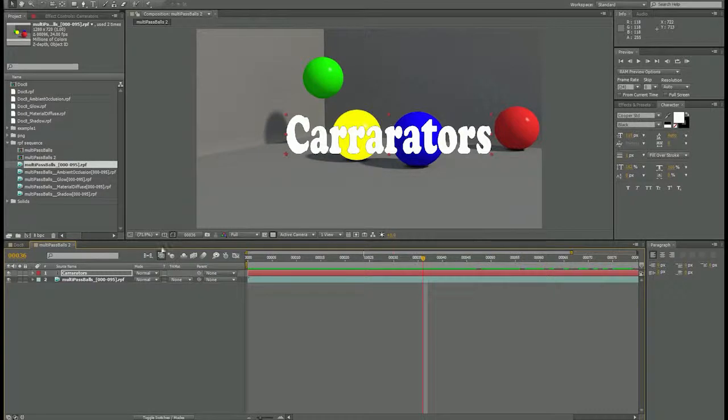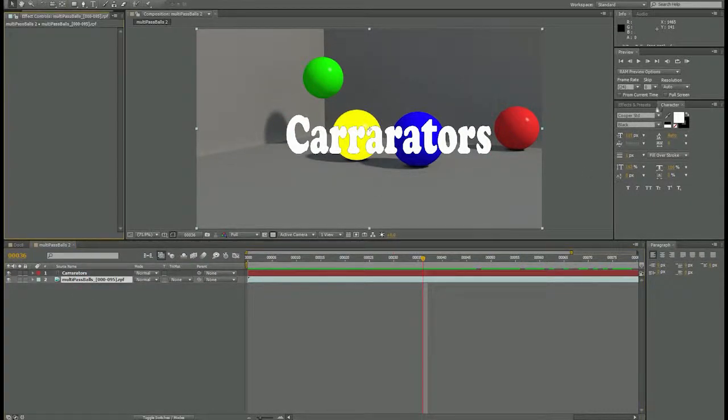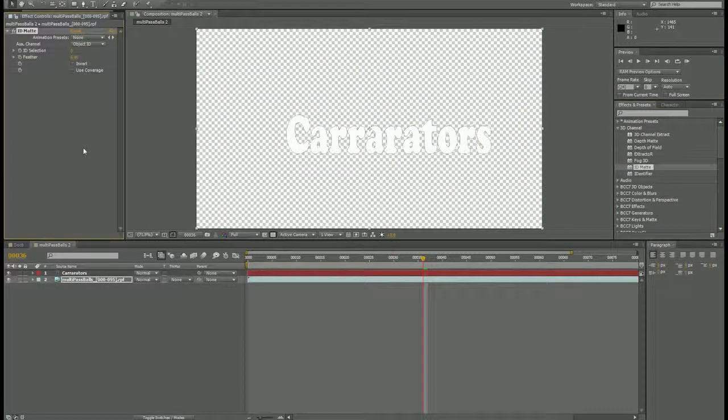what we're going to use is the ID mat effect that we have here. So I'm going to drag that. So this is what we've got in After Effects and other programs. I'm not sure what they've got. Now notice when I put this ID mat in here, everything went away. What that means is